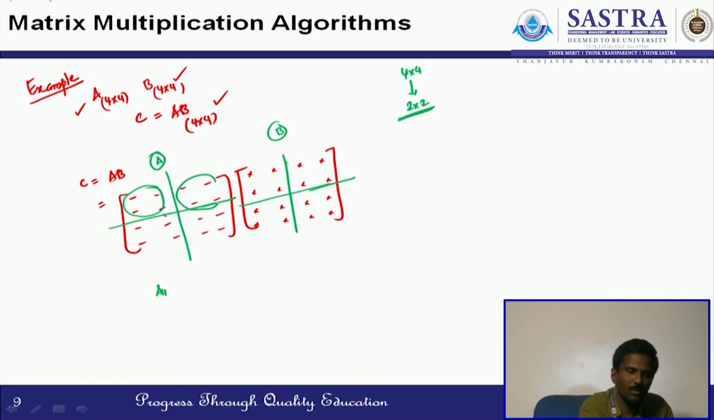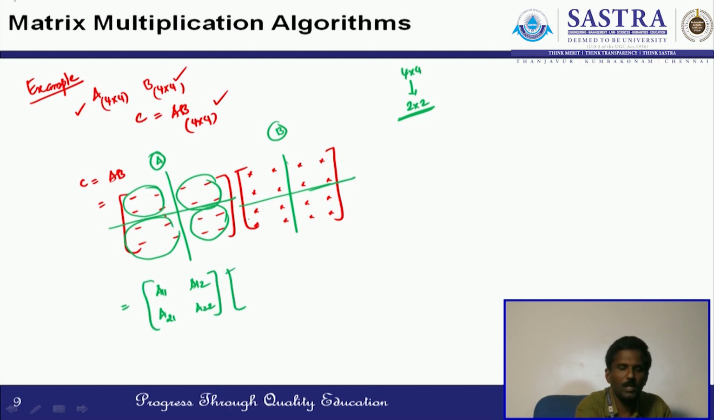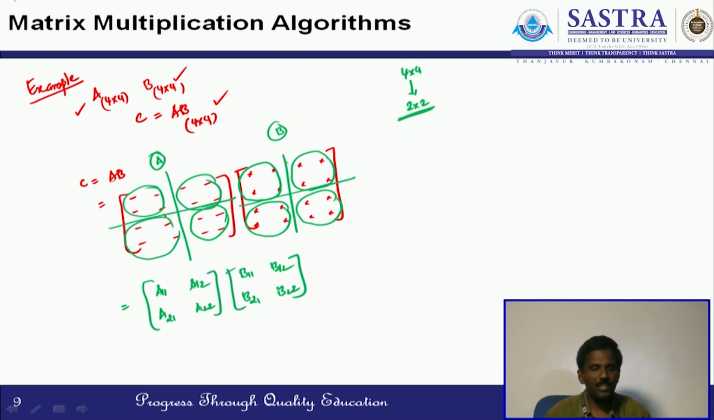This is matrix A12. This 2 by 2 matrix is A21. This 2 by 2 matrix is simply A22. Then in matrix B, this 2 by 2 region is defined as B11. This is defined as B12. This is defined as B21, and take this portion as B22, where each Aij